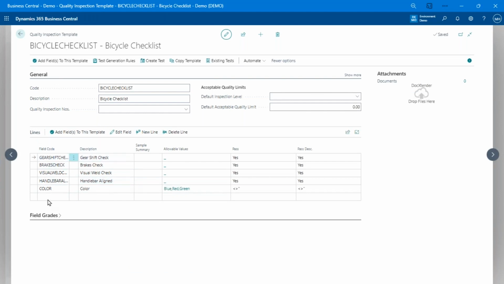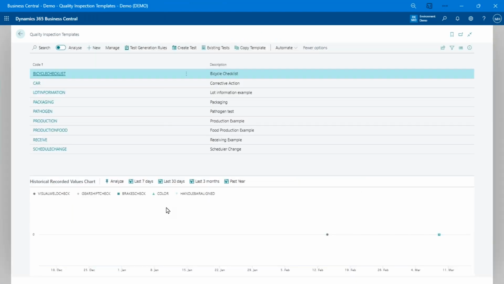how they work. I came in here, I added in the fields, created new ones, all that kind of stuff, all fine and good. But let's go back to what I mentioned earlier, where if we're on a paper-based system and I want to move to this, well, that's a lot of work. I've got to go in and create all these tests and all that kind of stuff. That's no fun. How do I address that?